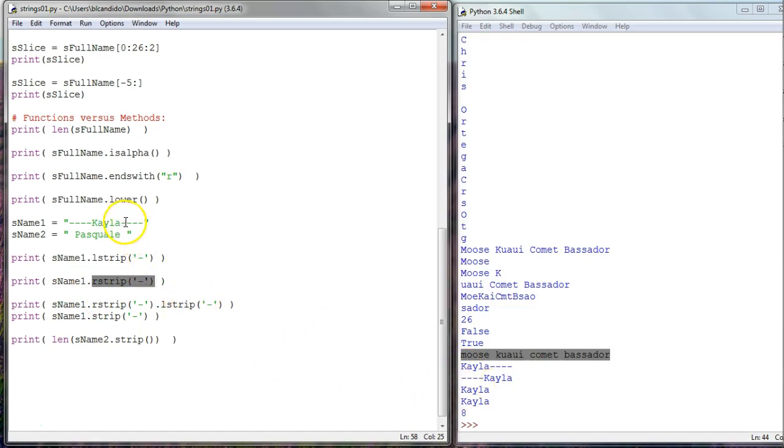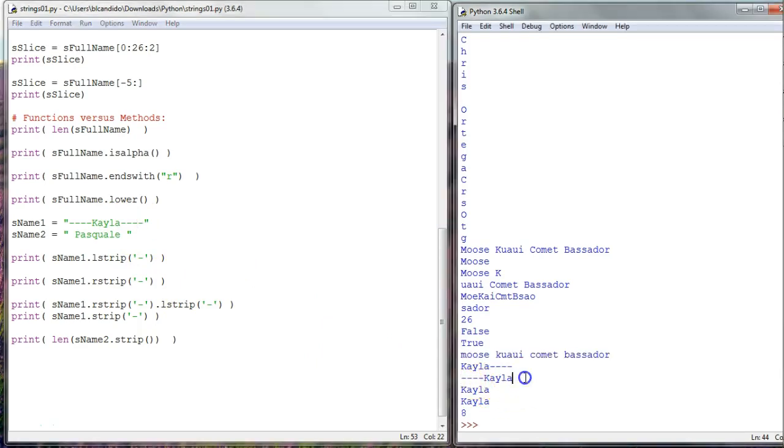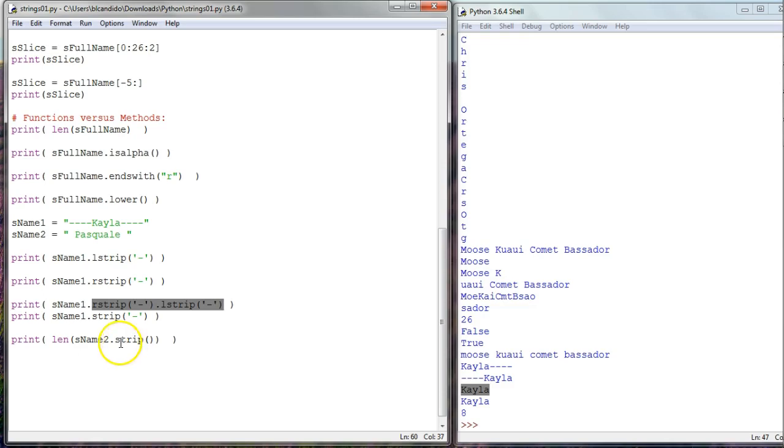It strips all these characters, and that is why we end up with the dashes in the front, Kayla, and nothing here. And if I do a right strip dot left strip, we get just Kayla. And another way you can write this code is just say strip. Take out the R, take out the L, and just say strip, and it strips out all the hyphens. And notice with Pascal,